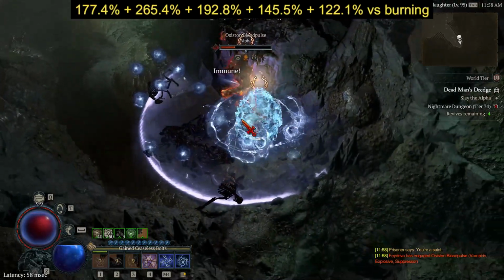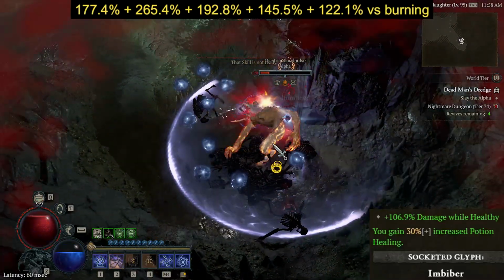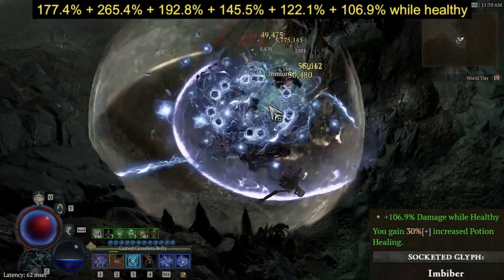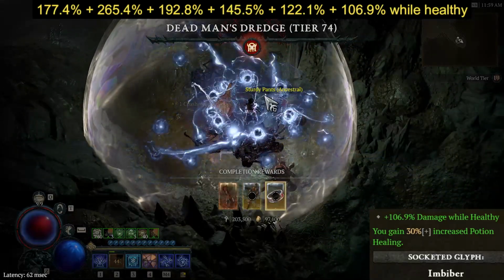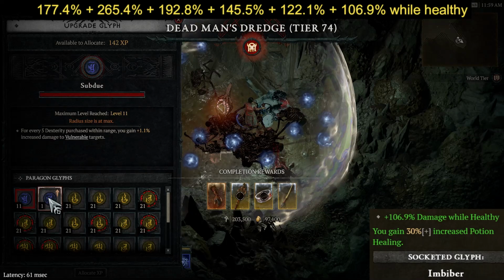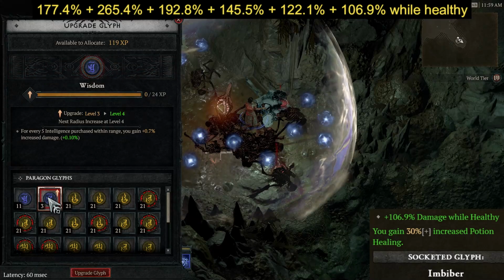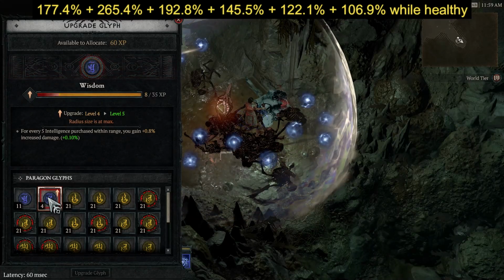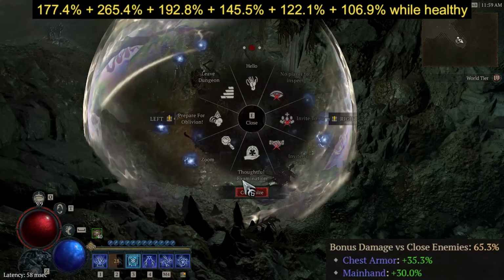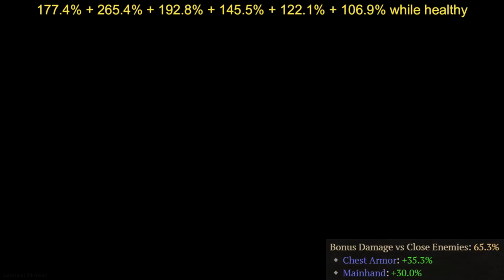122.1%. Then, the Imbiber Glyph will increase our damage when we have more than 80% life by 106.9%. You can see if you are healthy by just looking at the outer circle of your health bar. If it is empty, you are below 80%. If it is full, you are healthy. And finally, damage to close enemies is increased by the prefix of our dagger and an affix on our Raiment of the Infinite unique chest armor for a total of